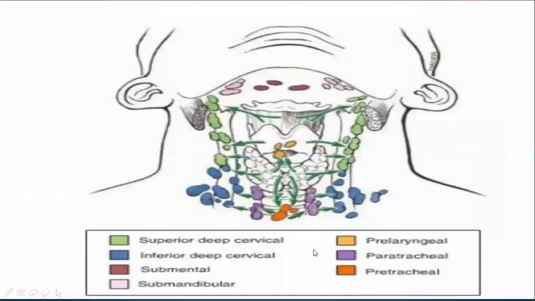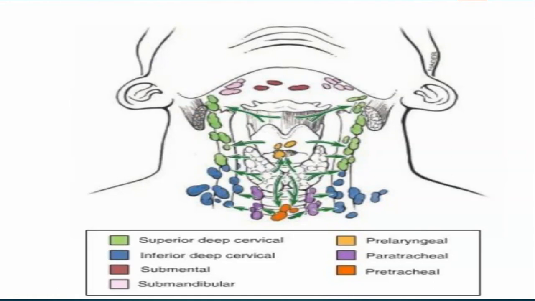In this diagram, you can see the different colors. Each color resembles a particular type of lymph node. So here, first it drains initially into the perithyroid nodes.